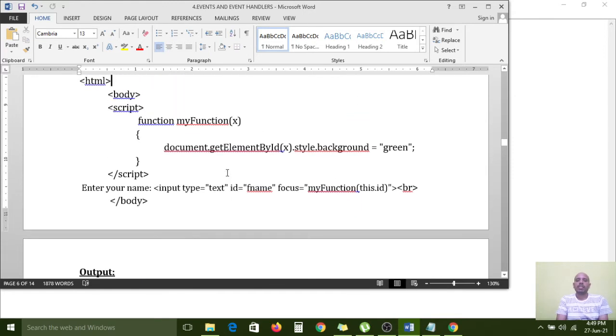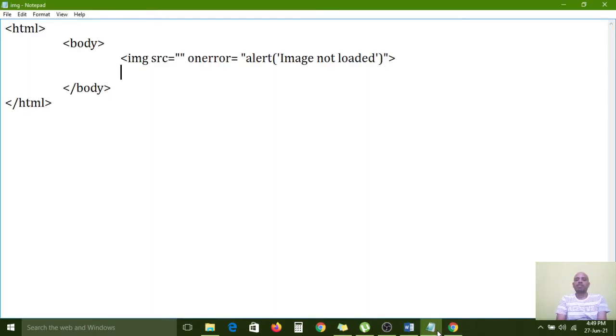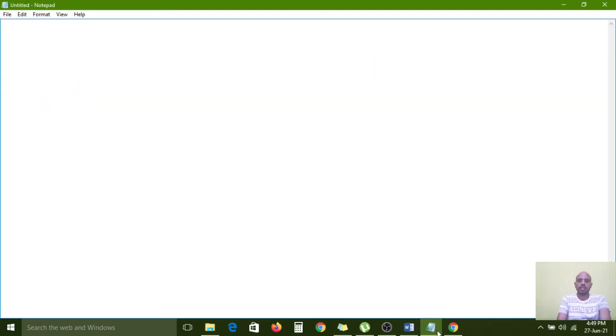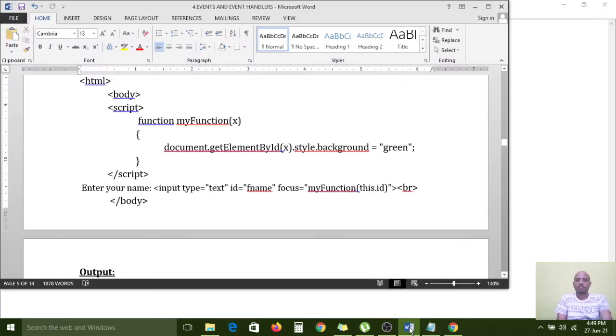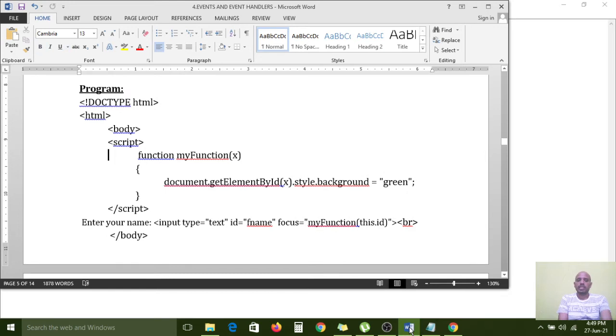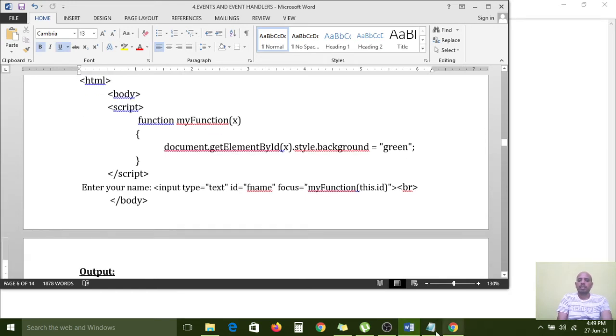Now I am trying to develop for onfocus. Control N, HTML opening tag, HTML closing tag. So here body tag is required, open, body tag close it, right? Now we need to take one input box.